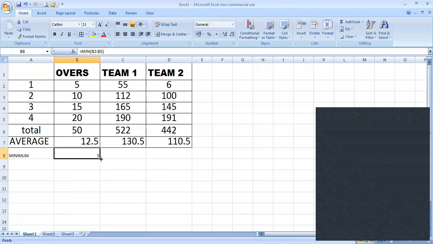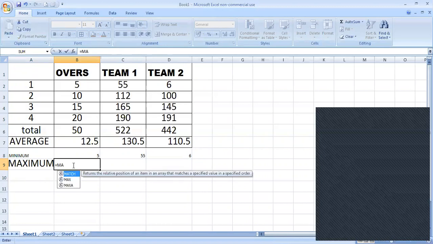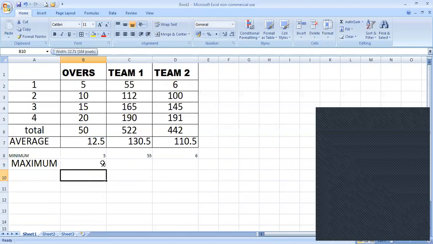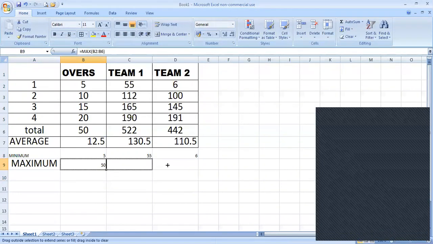I will drag the formula to the rest of the 3 cells. No need to write the formulas again and again. Similarly, I will find the maximum. I will write here is equal to MAX. For maximum, we will write max. Start the parentheses, the cell address of this cell, colon sign, the address of the next cell. Close the parentheses, enter. Now you can see that we have found the maximum of these 4 cells. Similarly, we will drag the formula to the rest of the cells.